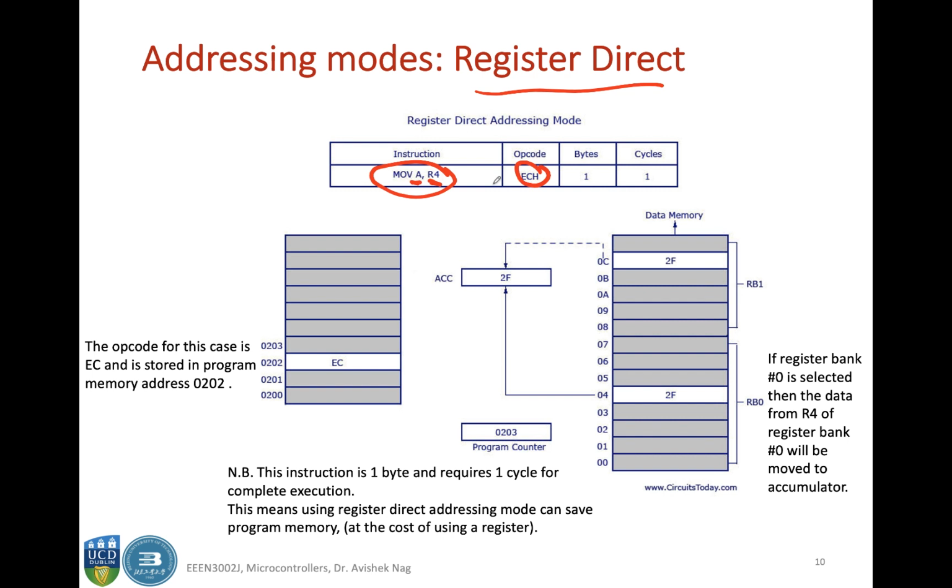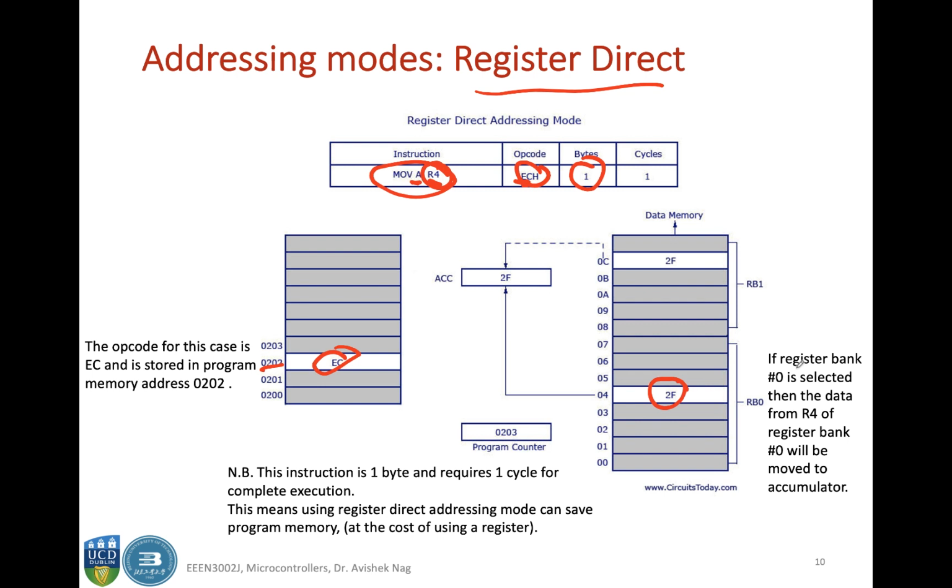And here notice it's 1 byte of instruction, because you are using the name of the register. That is actually pointing to the data. It doesn't need to have another byte for the data or for the memory location. So you have 1 byte which is EC, sitting, let's say, at 0202, and it already knows that you are trying to move data from R4, because move A R4 has this unique opcode of EC. So whenever the opcode is EC, the CPU will know that this is basically to move the data in R4 to the accumulator, and then it will look for